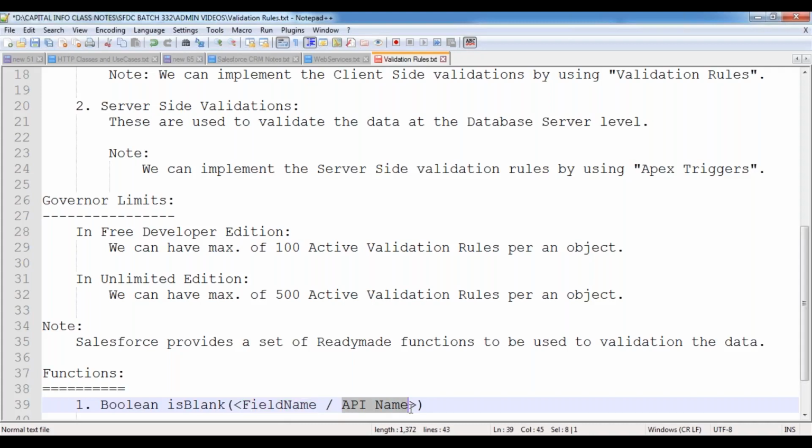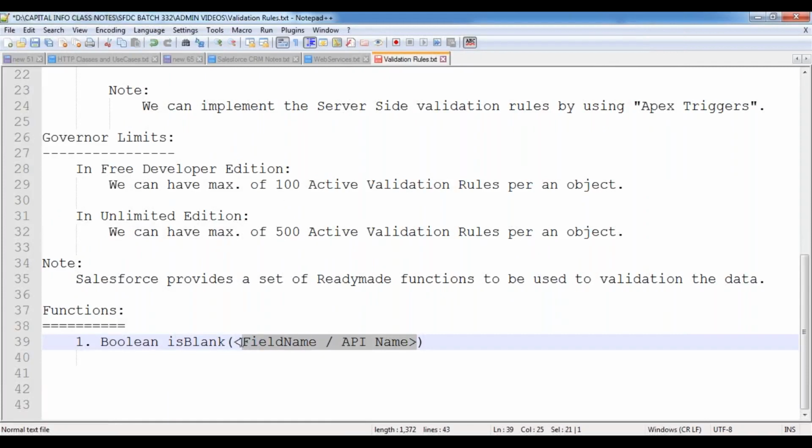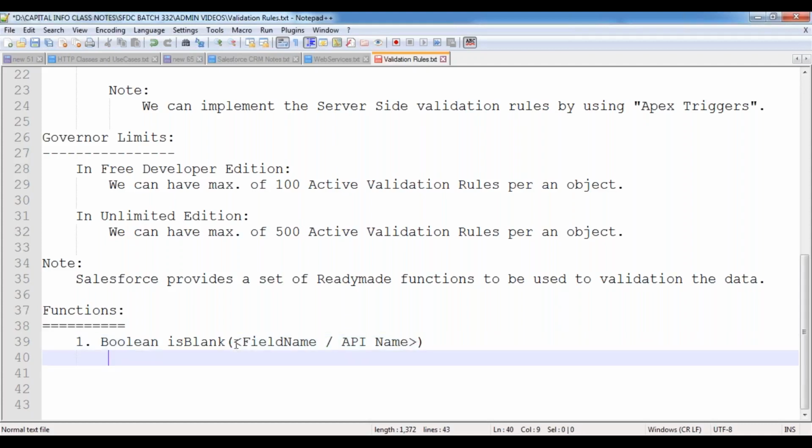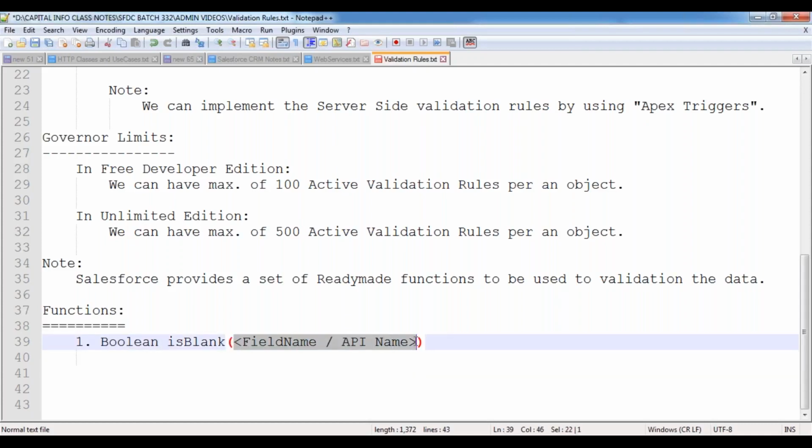So whenever I'm passing that field name to this particular is blank function, it has the ready-made functionality which will verify whether this particular field value is blank or not. Whatever the field name you have specified, it will verify whether that field value is blank. If it is blank, it will return true, or else it will return false. Boolean means what?